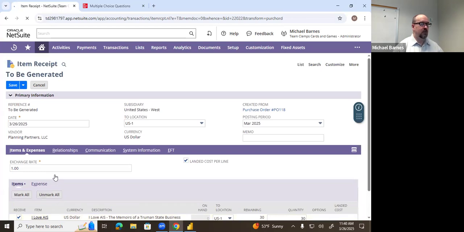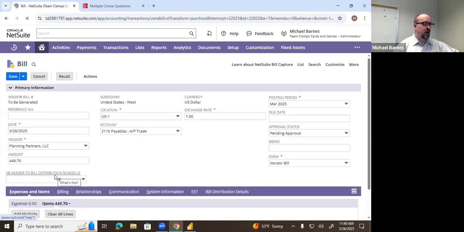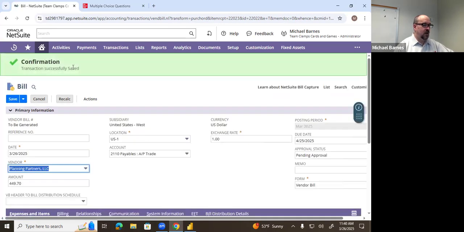And mine's still processing. All right, there we go. So now we're at the bill here, okay? Now we've got a few things that are interesting and worth noting. So we're going to check against here. So our transaction was saved, set up our bill, got our vendor. The vendor bill is going to be generated, the vendor billing number will be generated,